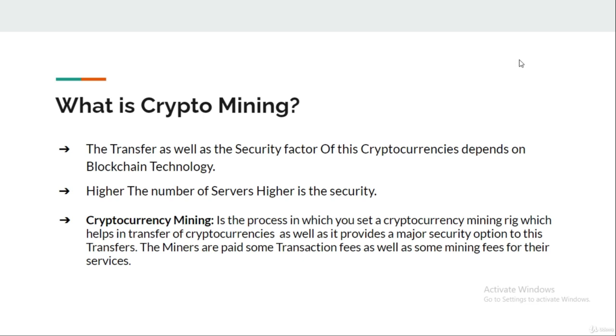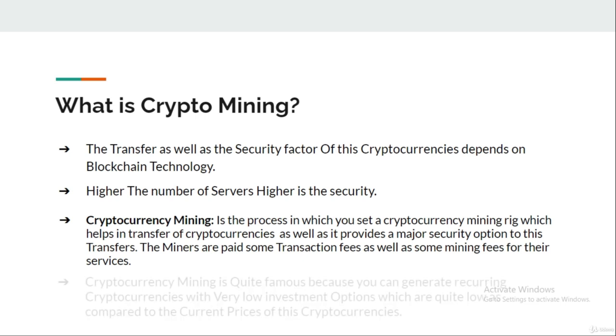Well, you cannot set up a blockchain server unless you have a supercomputer, but with our normal computers you can join a mining pool. Actually, a mining pool is a network of computers which, connected together, acts as a server. So you can easily connect your computer with a mining pool and earn in crypto. Also, some professional miners set up a specially designed mining rig for the sole purpose of cryptocurrency mining. We'll discuss these mining rigs later.